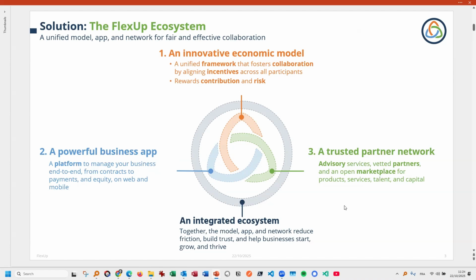And then we have a network of partners. So we have advisory services provided internally. Initially it will be Nico, Paula, and then in the future we may have advisors in all kinds of disciplines in different regions for different languages, hopefully. But we can't have enough people to advise millions of users. So we will have to rely on partnerships.